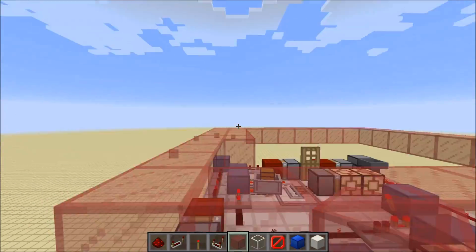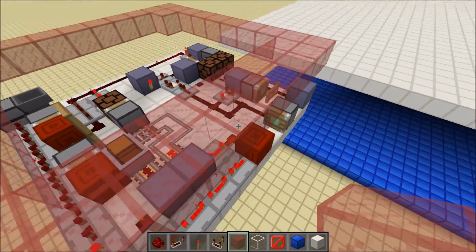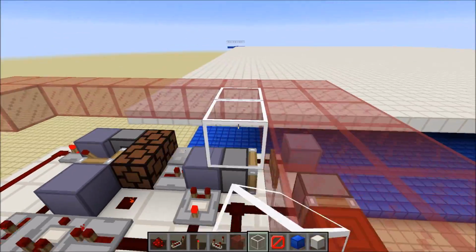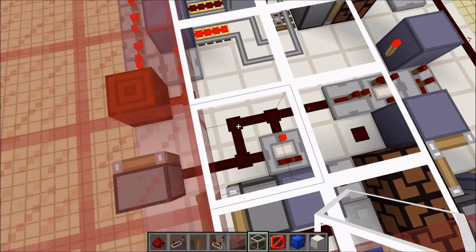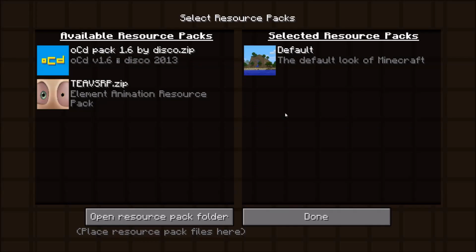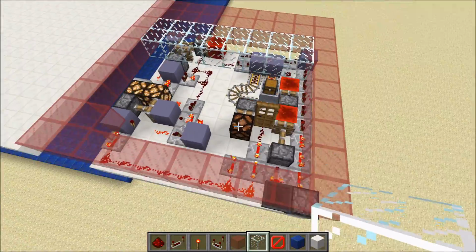I think this entire thing should be made out of normal glass, or actually, should it be normal or should it be stained? If I'm gonna do cyan stained glass, will it work here? I think it works with the redstone though. Let's go over there actually